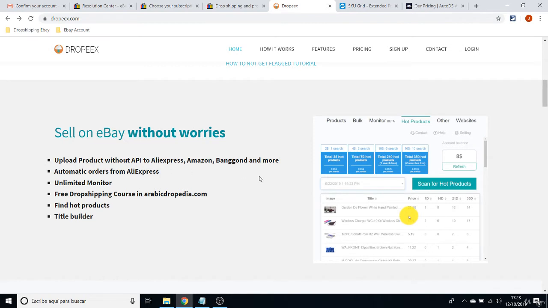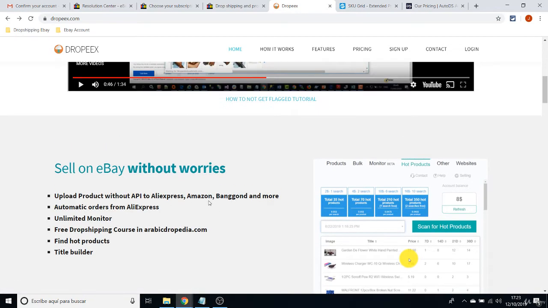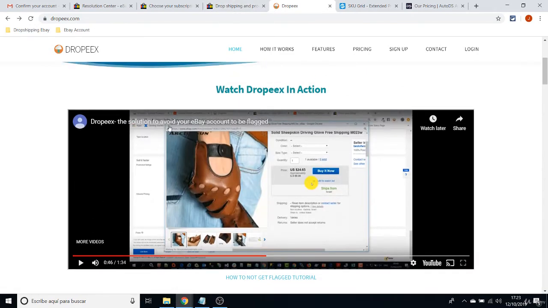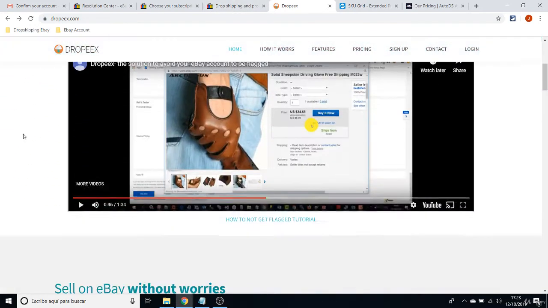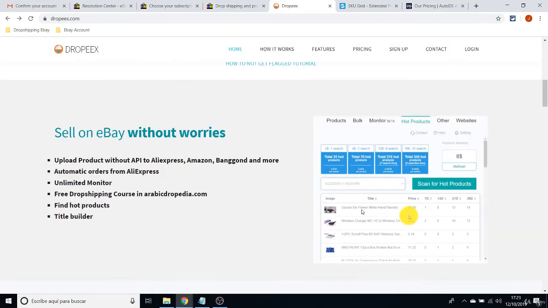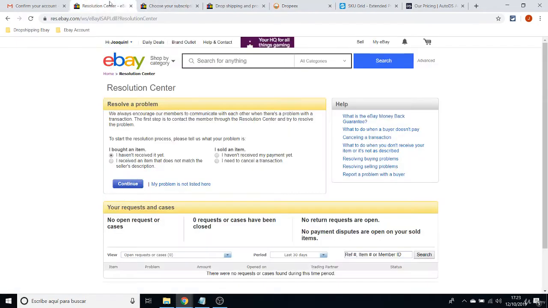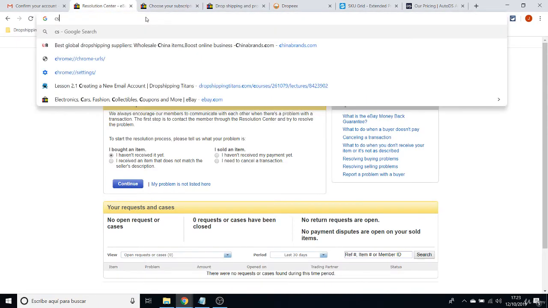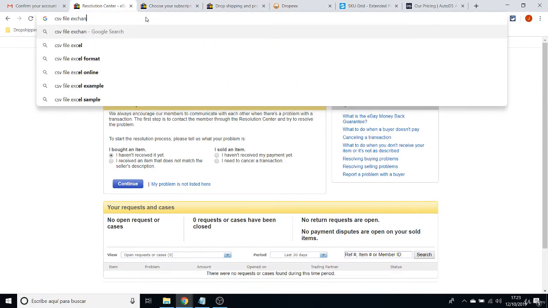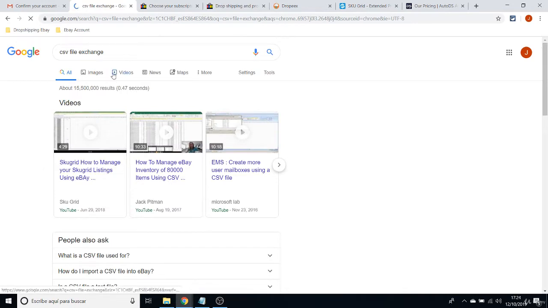You will be needing to download a CSV file from the software every day, or every time you want to update your inventory. You will have to download the file from this Dropeex software, and then go to eBay to upload that file in the CSV file exchange application on eBay,